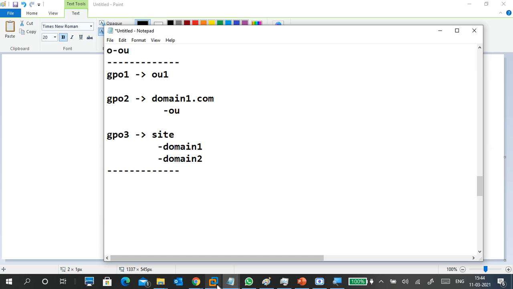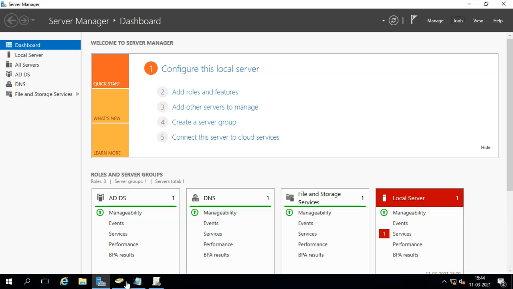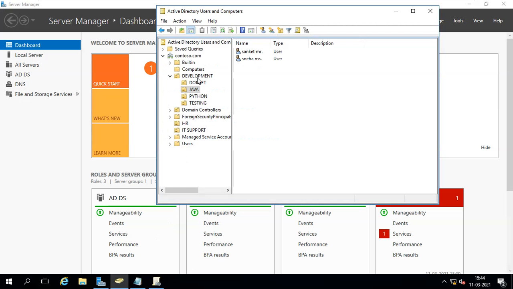Also, we have another thing, sub OUs. If I apply a policy on Development, all these users will get affected. If I apply a policy on Java, only Java users will get affected.